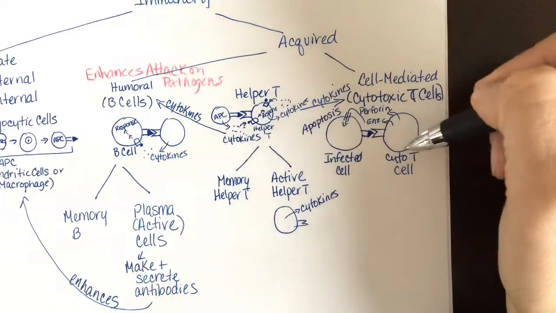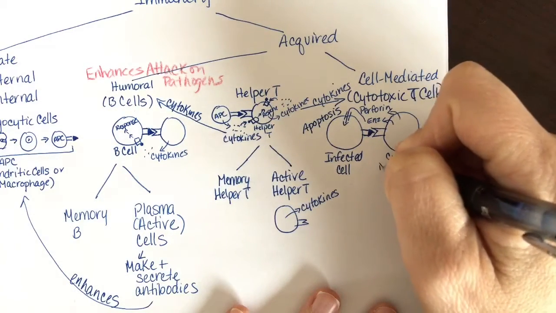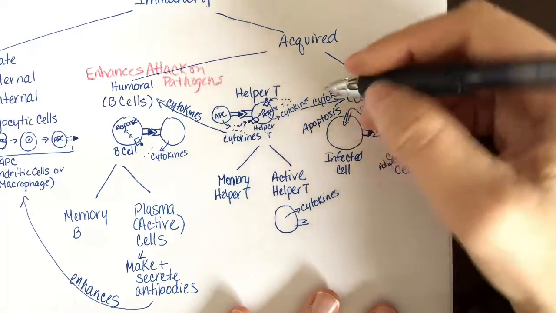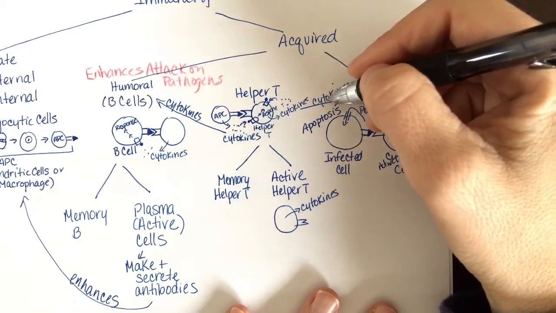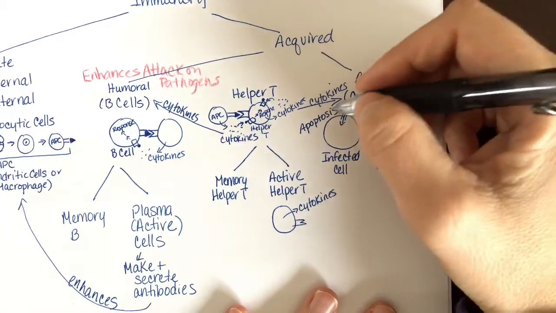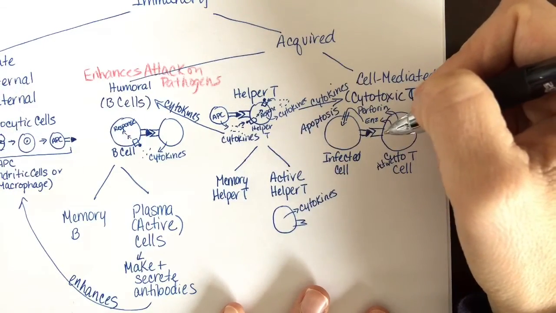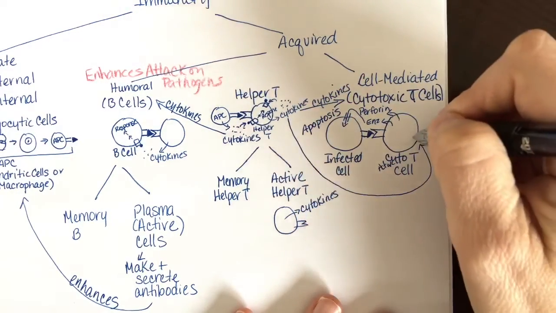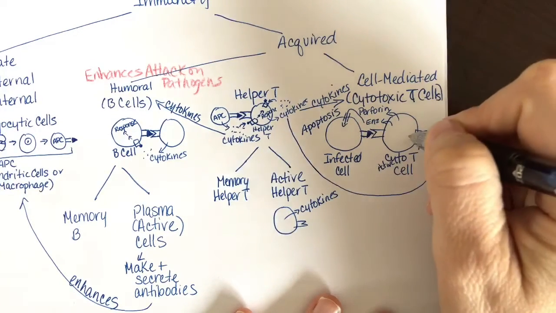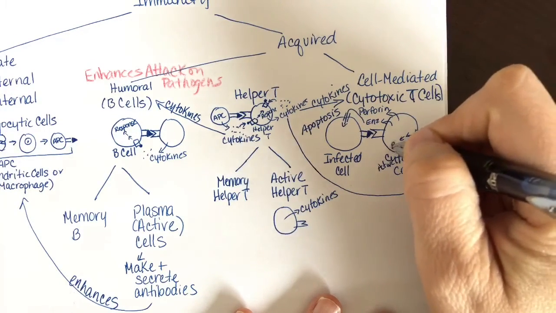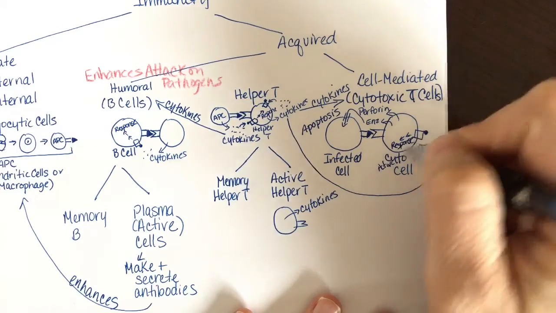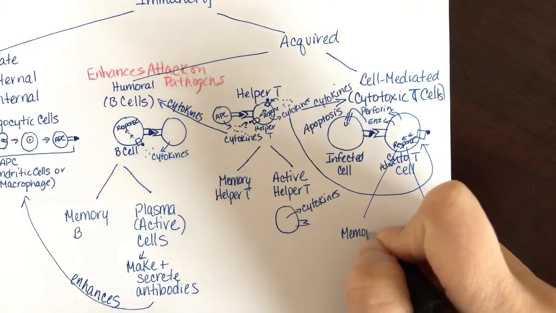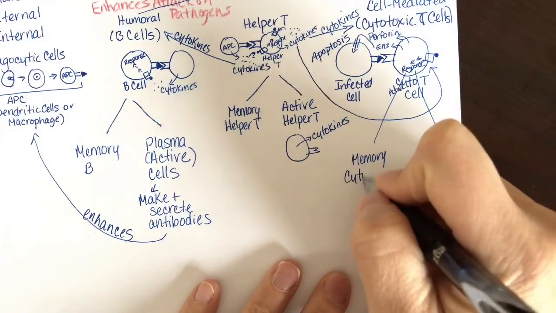But remember that if that's an active cytotoxic T cell, how does the cytotoxic T cell become active? It becomes active with the help of those cytokines. So the cytokines come over here, bind to the cytotoxic T cell through a receptor, and that triggers the response, a signal transduction pathway and a response, and that response is for those cytotoxic T cells to divide and differentiate into memory cytotoxic T cells